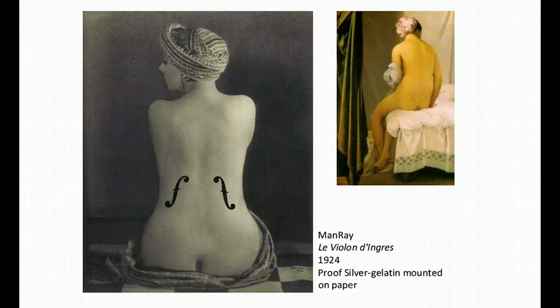Man Ray was friends with Marcel Duchamp in the United States. He then used Duchamp's connections to locate a group of friends in Paris, and he very quickly became part of the same artistic milieu, or the same artistic group.